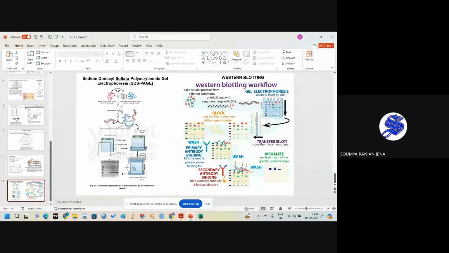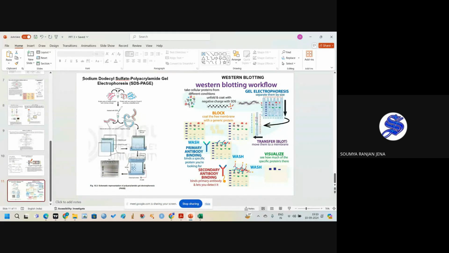And for covalent breaking, we use beta mercaptoethanol, and it gives all the proteins a negative charge. Every 2 amino acids, one SDS is bound by hydrophobic interaction, or binds to the arginine residues through the sulfate group, because it has one sulfate group that is negative, and it will bind to the arginine, which is a positively charged amino acid of that protein, or a sodium dodecyl, that is a 12 carbon alkyl group,